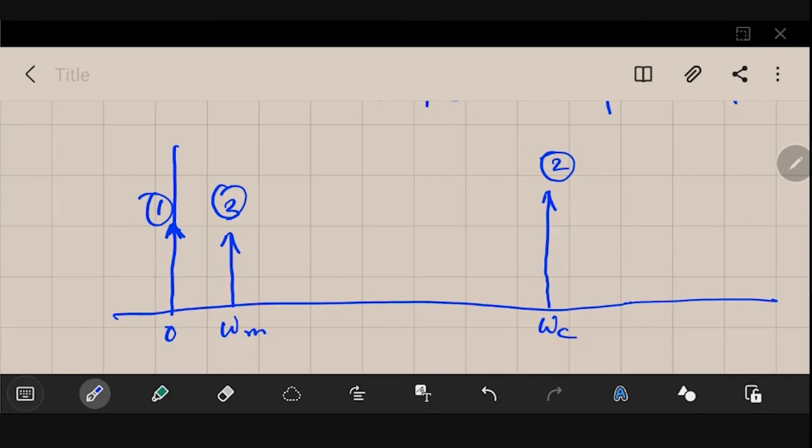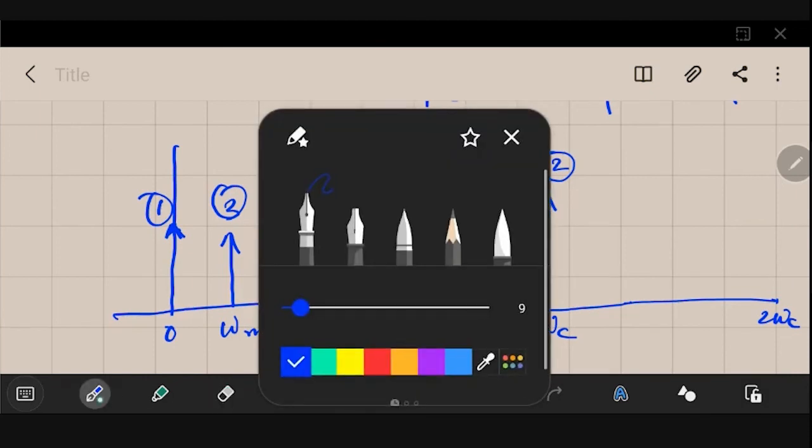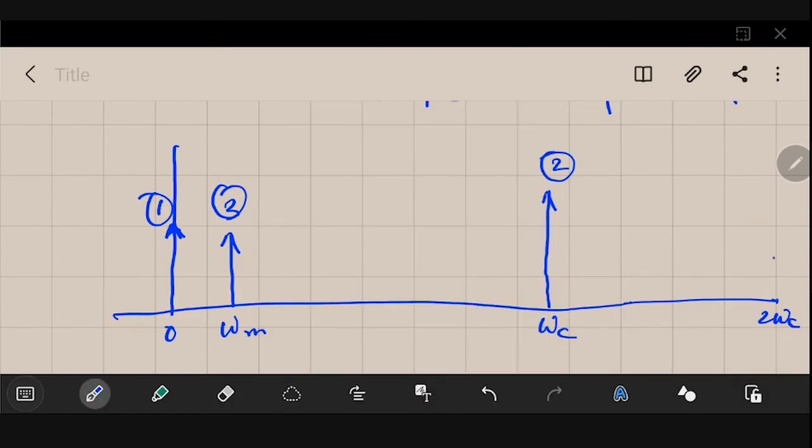The frequency was omega C. Okay, and then you could see there is this term number 4, half C A_C square cos 2 omega_C t, and there is 2 omega_M t also. So those frequencies, the first one is your 2 omega_C t, it will be located here. Okay, 2 omega C. So it will not be such a high amplitude component, it will be a harmonic. So harmonics are normally low amplitude components, it will be somewhere here.